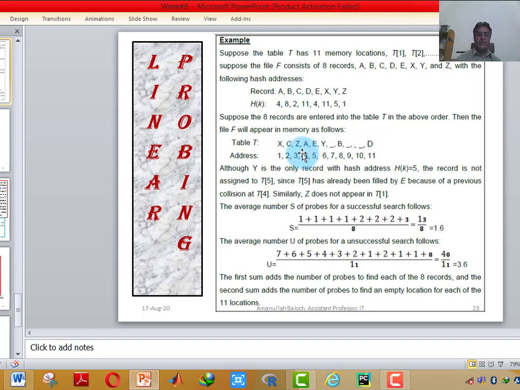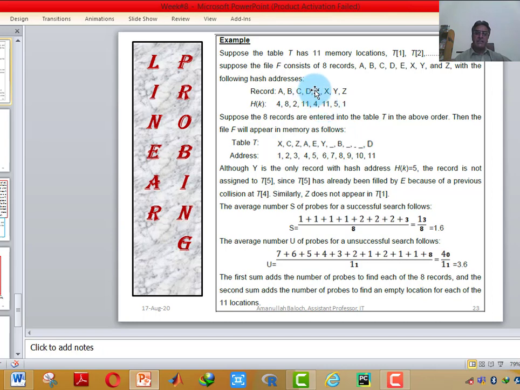Similarly, B's hash address is 8, it was available, and B has stored itself at the proper location according to its hash address. So it will take 1 unit time to search its actual location. C has stored at location 2, it will also take 1 unit time. And D is equal to 11, D has stored at location 11, so it will also take unit time.